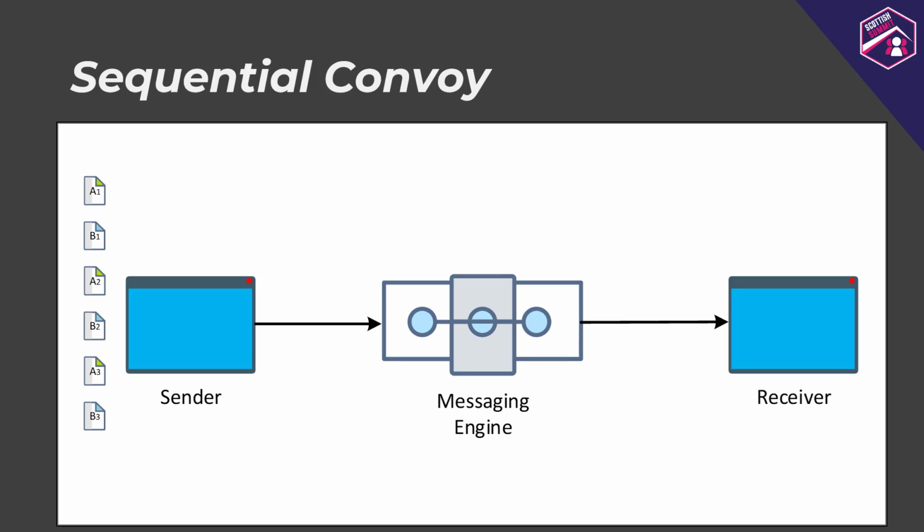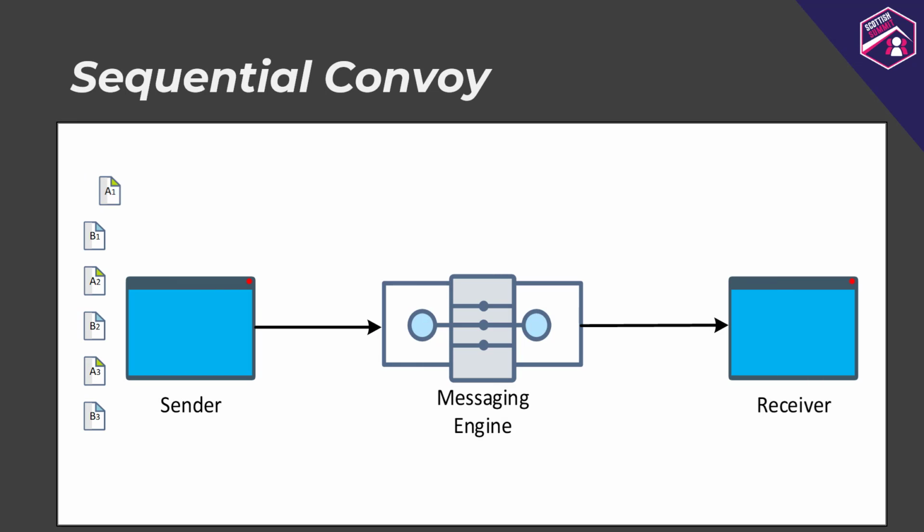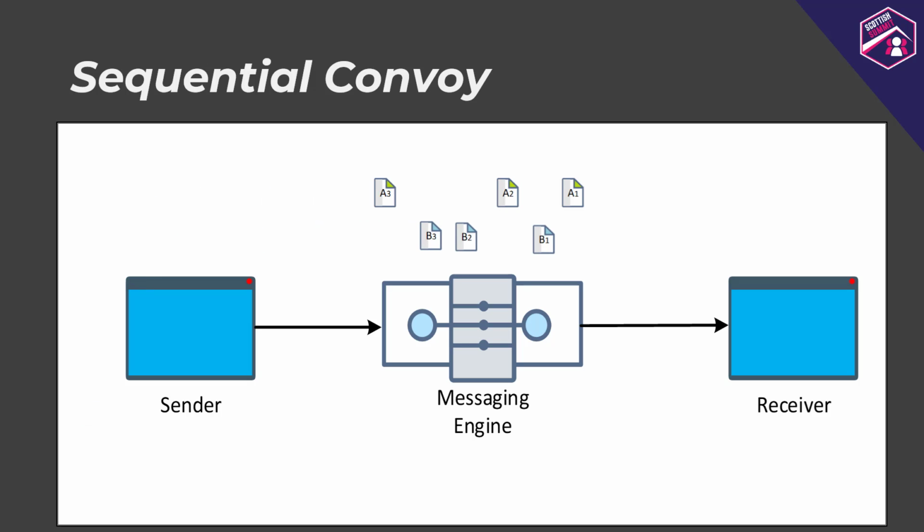But the problem is those messages are not necessarily arriving in the system in the order that they need to be processed. One option would be to have multiple queues, one for each of those groups, but sometimes that is not possible because you would end up having too many queues to manage. Instead of that, what you want is a way to identify those messages as belonging to a specific group, or session, which is the name given to that grouping, and have a way for the receiver to request a specific